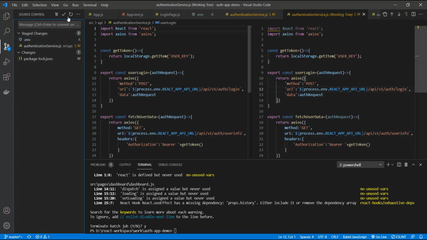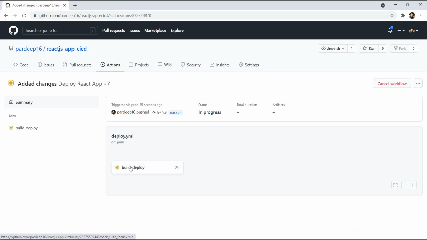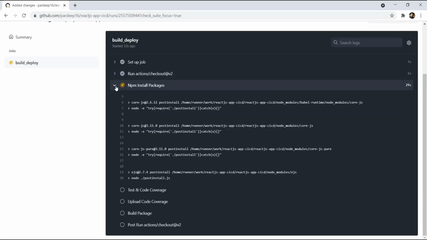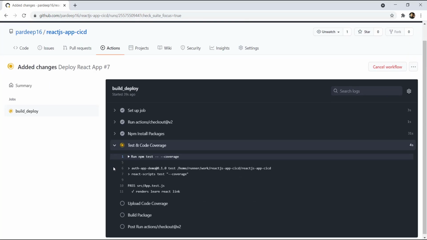And one is the .env file. We have added the changes. If we now come to the actions, the workflow is already triggered. Once this job is completed, the deployment on Heroku will also be triggered and our code will be deployed. Then we will test the application.